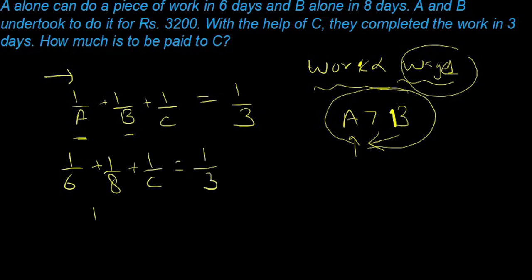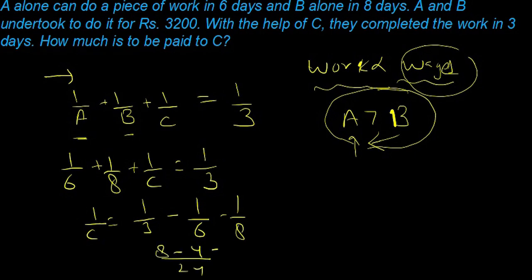Now again the LCM part should be there. So it is 1 upon 3 minus 1 upon 6 minus 1 upon 8. What should be the LCM? LCM should be 24 again. 3 8s are 24, 6 4s are 24, 8 3s are 24. 8 minus 4 minus 3 is 1, and so this is 1 by 24 is equals